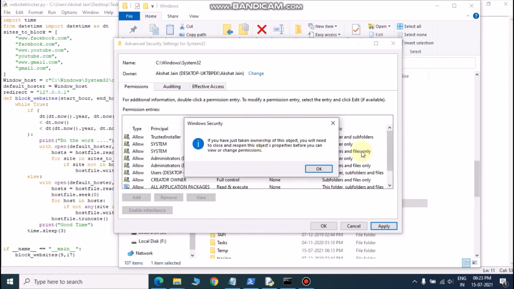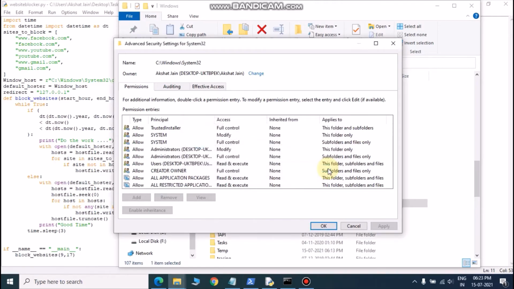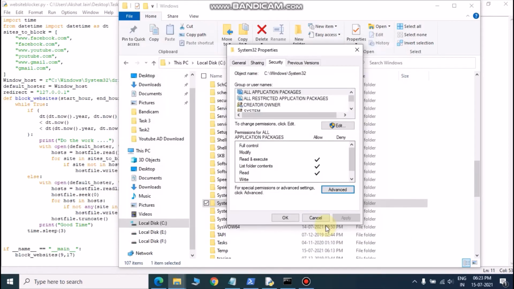Okay, so the ownership has now been transferred. I will click on OK. But keep one thing in mind, we don't want to reboot our system with this, as this can cause many problems while we reboot. So we want it back to trusted installer. So we will just make the change and then we will make it back to normal. So I will just click on OK.